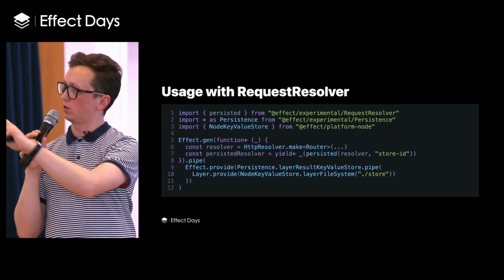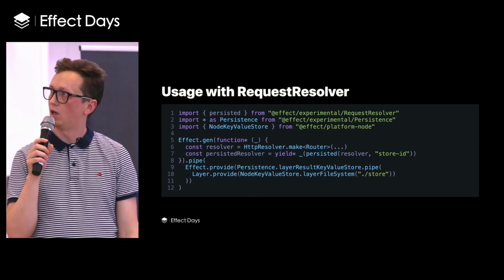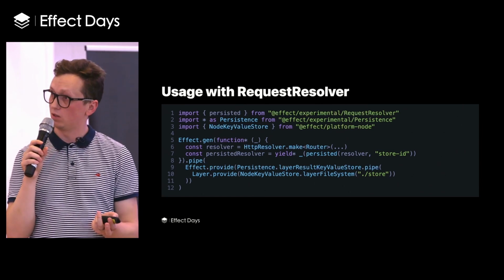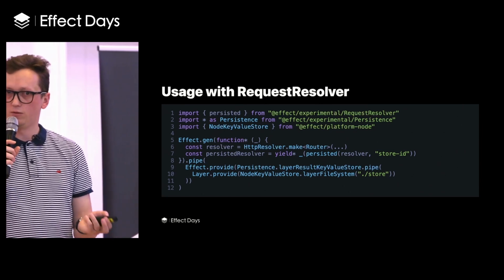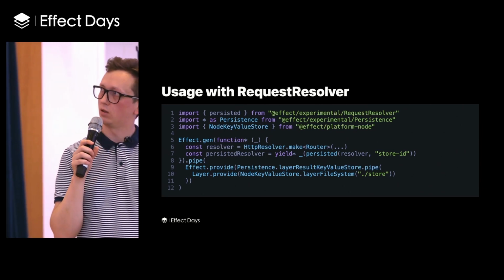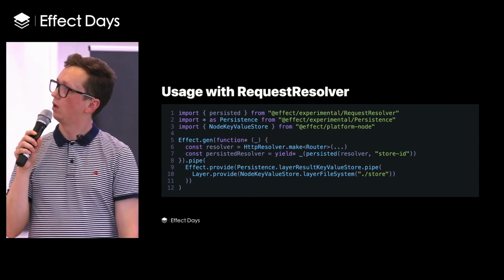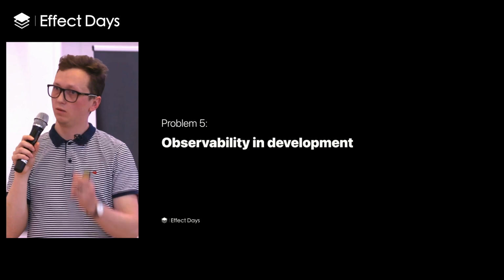So with those extra 3 lines of code, we now have a request resolver that is fully persisted between app instances. So regardless if your app restarts or it's in a different place, they all share the same storage backend. Cool. Well, the last one I'd like to look at today